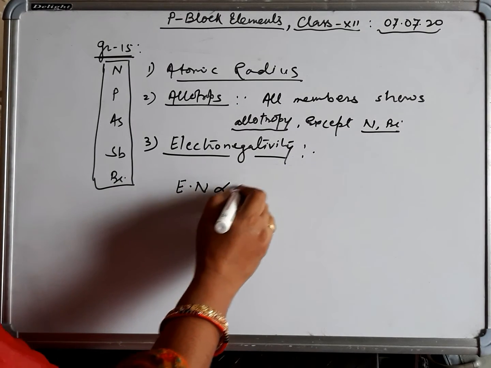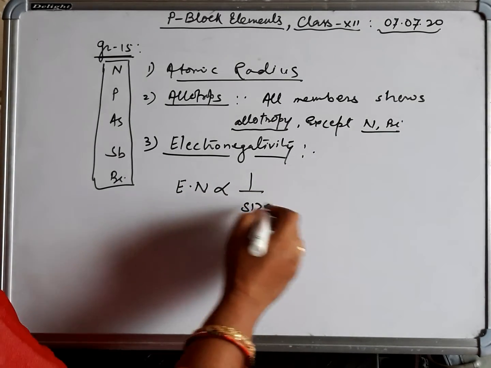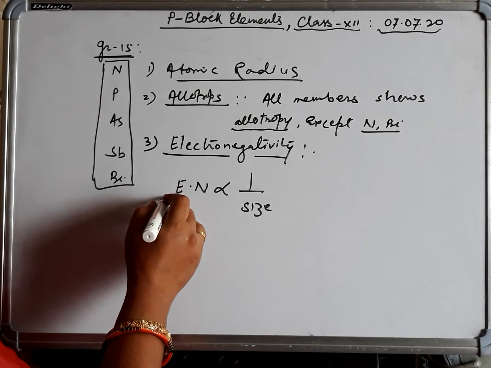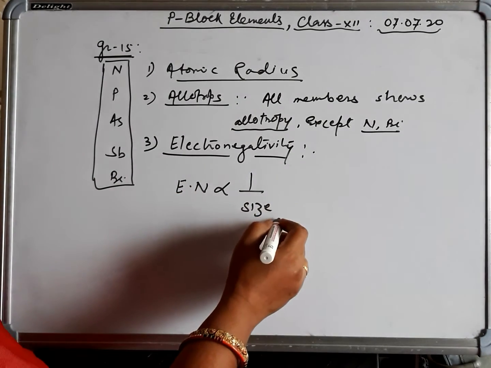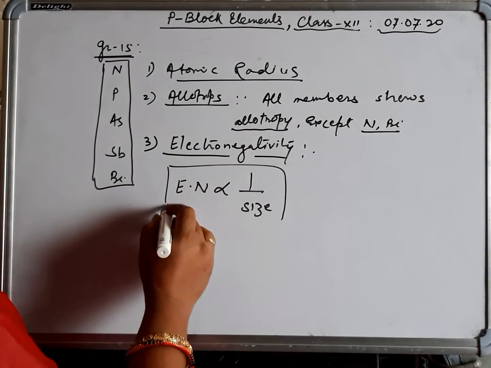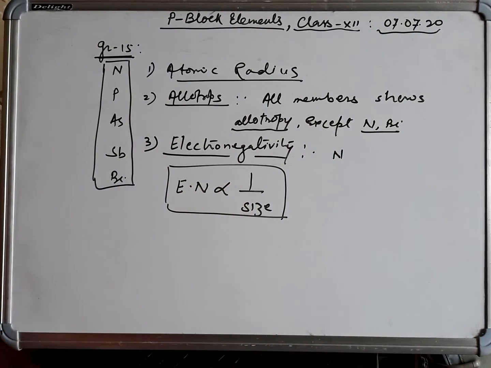Electronegativity is inversely proportional to the size of the atom. If the size of the atom increases, electronegativity decreases. If the size of the atom decreases, electronegativity increases. So nitrogen is maximum electronegative in nature,